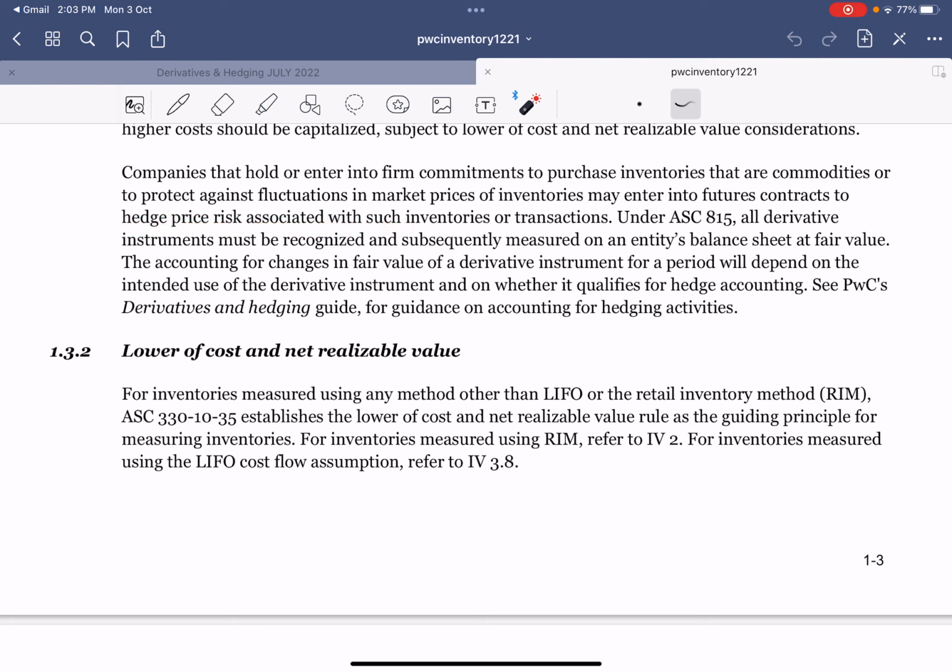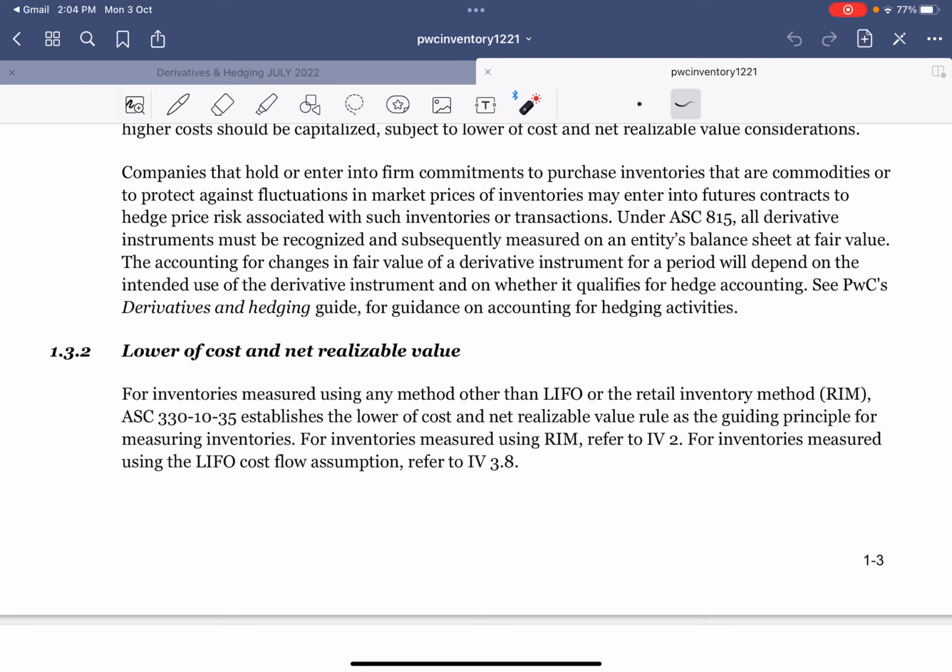Okay, so the entity enters into purchase inventory that are commodities. If commodities, then to hedge against their fluctuations, they enter into future contracts or price agreements associated with inventory. So ASC 815 is about, I think,